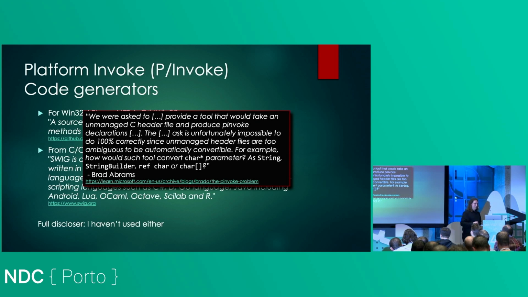But without that, the problem he outlines here is, say you're on the native side, you've got a char pointer. Okay, what do you map this as? You can map this as a string, or a StringBuilder, or a char, or a char array, or an out/ref. He didn't even list those ones. The point is you have multiple options. Some are clearly wrong for your use case, others are viable. Which one is the best one, you have to figure out based on the semantics and the use case, which a tool obviously will not know. So you can experiment with the tooling, but expect that you will have to do some manual overhaul with whatever